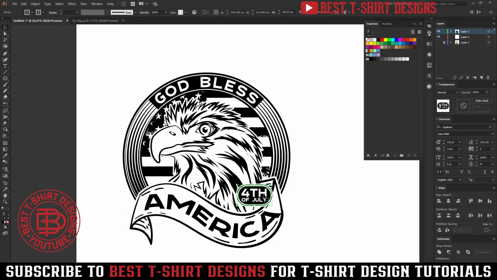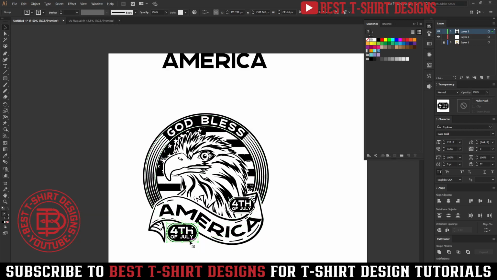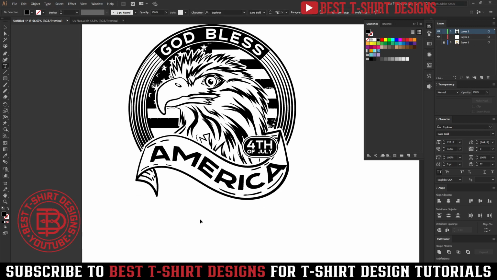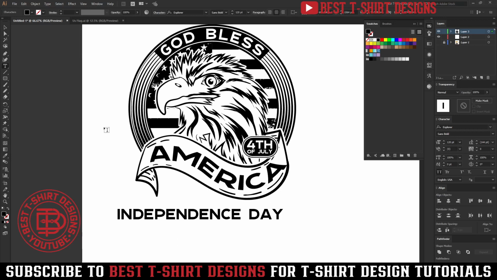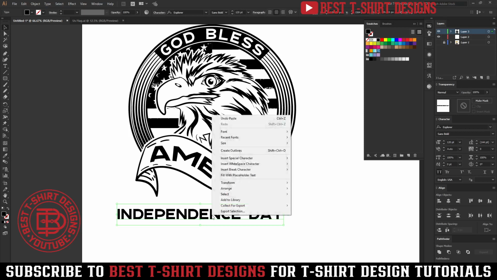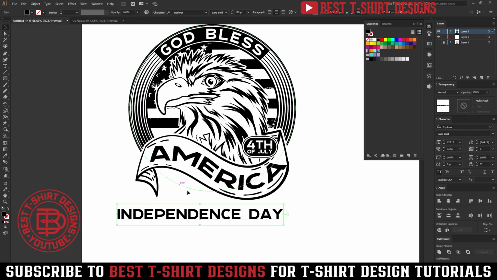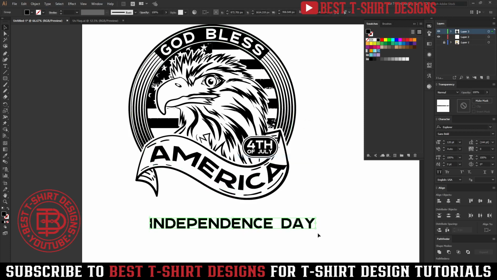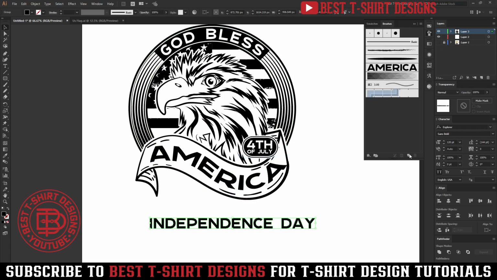Now the 4th of July, I am not sure if I need to place anything here or not. This area is looking a little bit empty, so I am going to put something here. Independence Day. So this text I'm just going to place for this area just to make it look a little bit fuller. So I'm going to select this one. I'm going to expand the font again. I'm going to make it